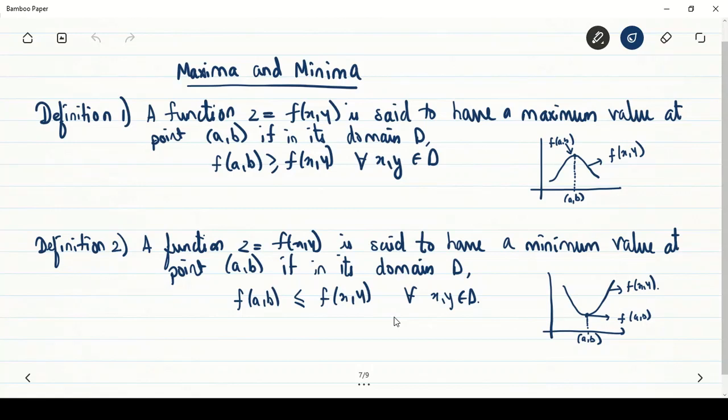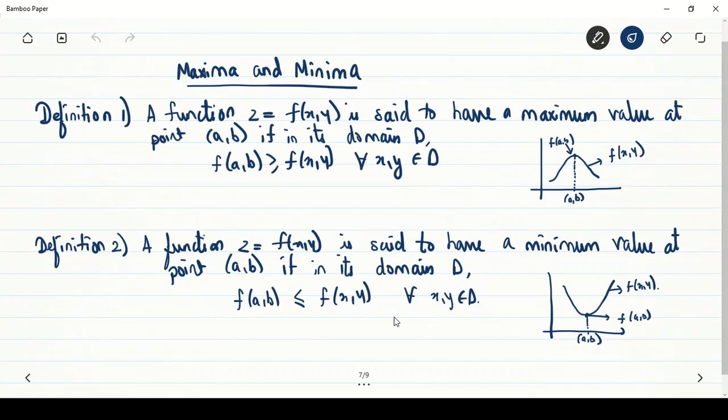In this video, we are going to discuss the maxima and minima of a function of two variables. First we see the definition of what is the maximum value and the minimum value of a function. Then we will derive the condition at which point the function attains its maxima or minima. The first definition is, if a function z is equal to f of xy,